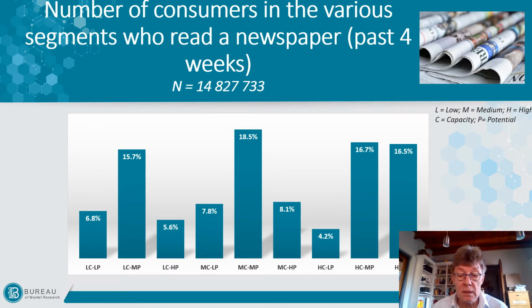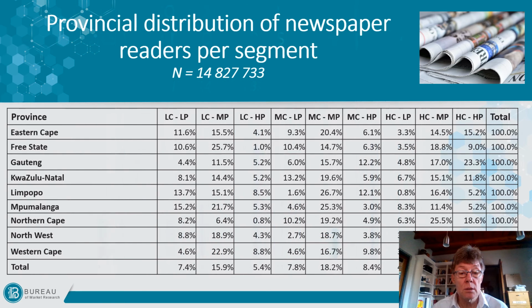The difference is that on your high consumption capacity, it's mostly that newspapers are accessed on digital platforms, while, for example, paper-based newspapers is very important with respect to your low consumption capacity, medium potential, and medium consumption capacity, medium potential consumers. Then, just moving on to the provincial distribution of